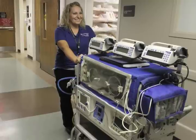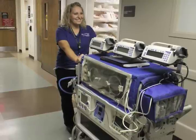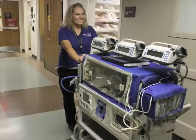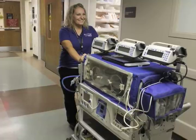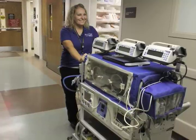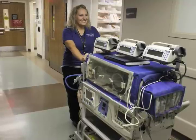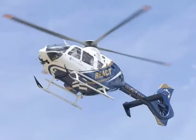On staff is a team of nurses specially trained in transporting critical babies from other hospitals. The nurses travel by ambulance or, in some cases, fly via helicopter for critically ill babies. On most transports, the nurse is accompanied by a respiratory therapist, and neonatologists may assist in transportation of extremely critical